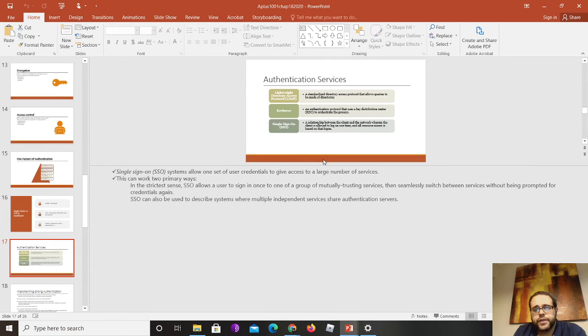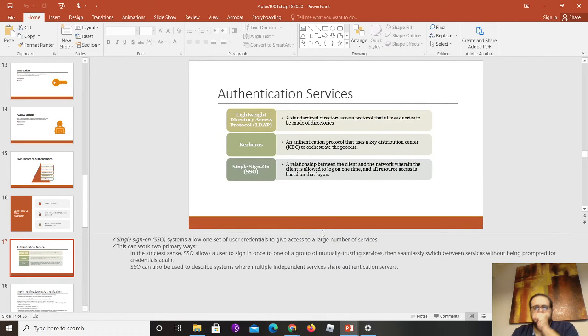Authentication services are typically provided by LDAP, which is Lightweight Directory Access Protocol, a standardized directory access protocol.